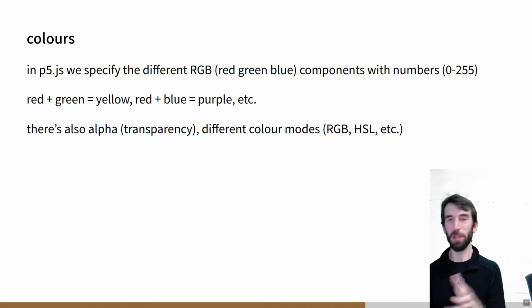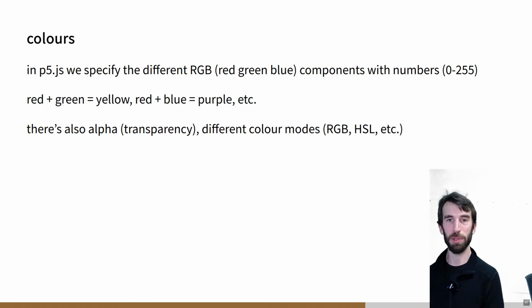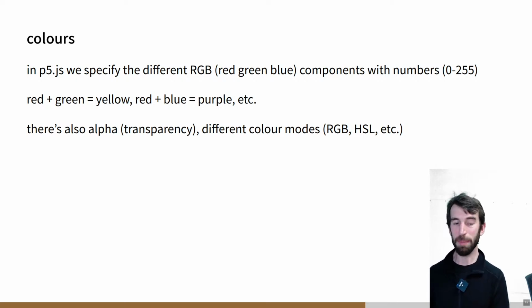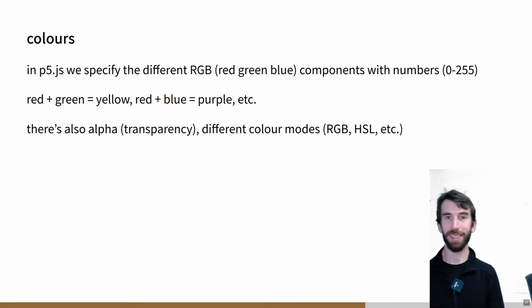In computing, we often deal with powers of 2. So a 1-bit number can either be 0 or 1. A 2-bit number can be 0, 1, or 2. That's 2 to the power of 1. A 3-bit number can get up to 4, sorry, and a 4-bit number can get up to 8. And an 8-bit number can get up to 255. So it's to the power of 8. So it's an important number in computing.